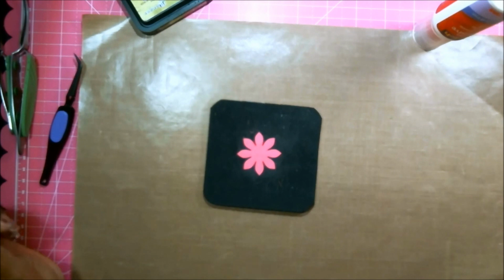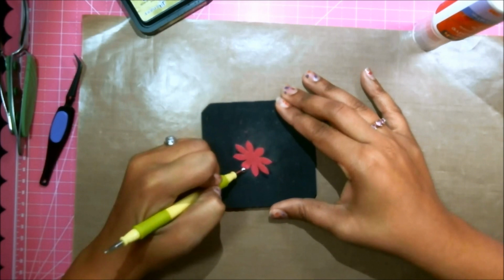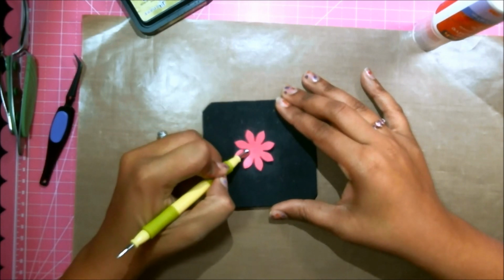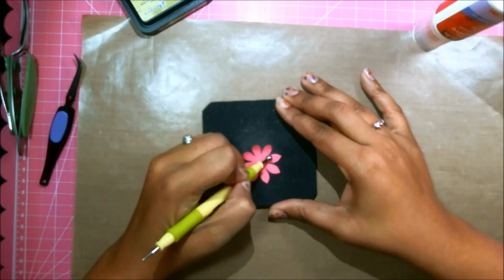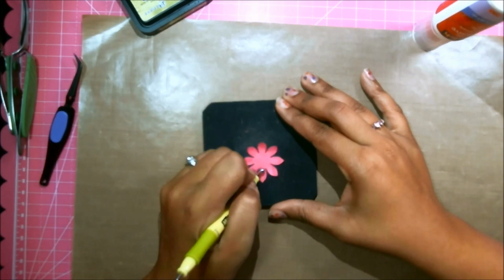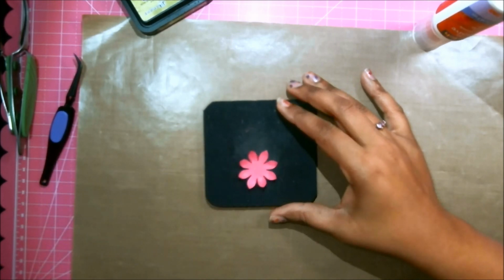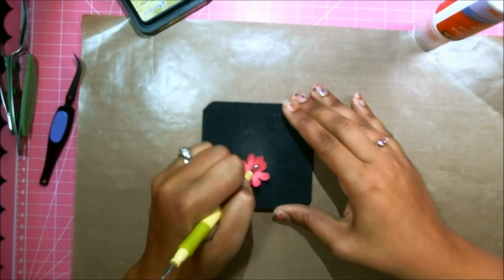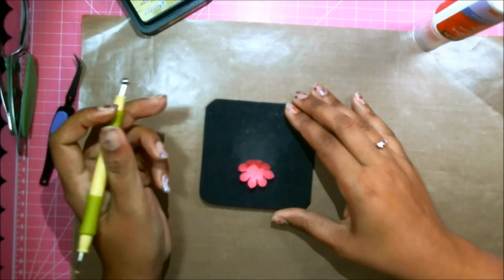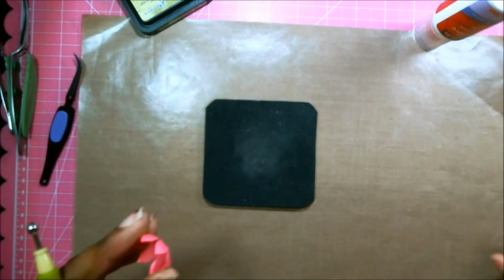So with the largest one, I take a larger size stylus and I just pull on the edges and they start to curl up, just like with making any flower. And you go all the way around all of the sides of your petals to do it. And then once that's done, then I like to go in the center and cup, and it'll push it up for you into a cup shape. So you'll do that with all of your petals,